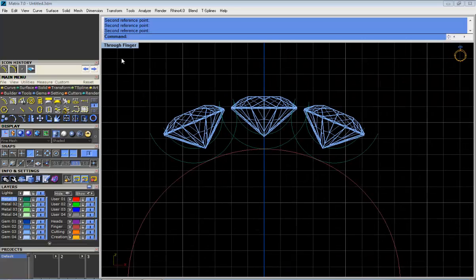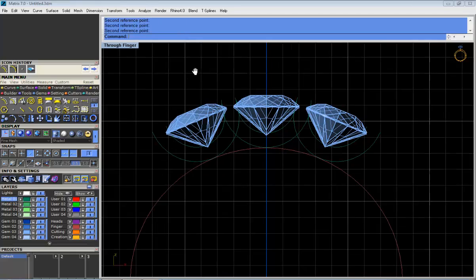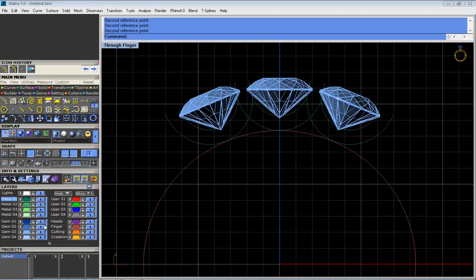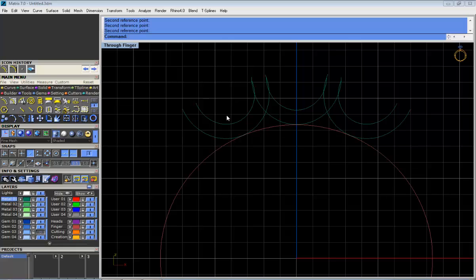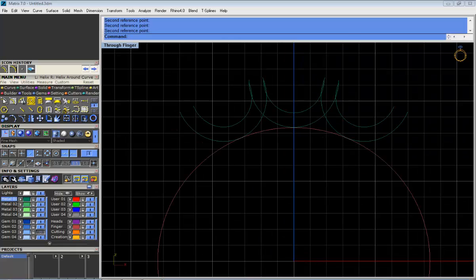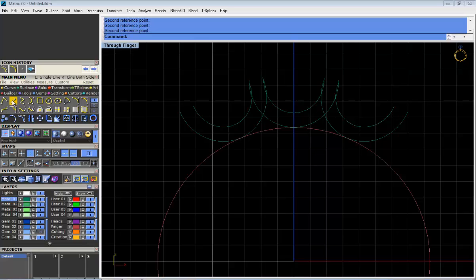We're going to hide the gems. I'm gonna get into shaded. The gems now are on the gems 3 layer, and I'm gonna hide them. Okay. Basically because I want to clean this up a little bit. It's not really okay at the moment. Basically what I'm going to do is draw some lines. Curve here, well, polyline or line, doesn't really matter. Start a polyline from this endpoint to that endpoint,